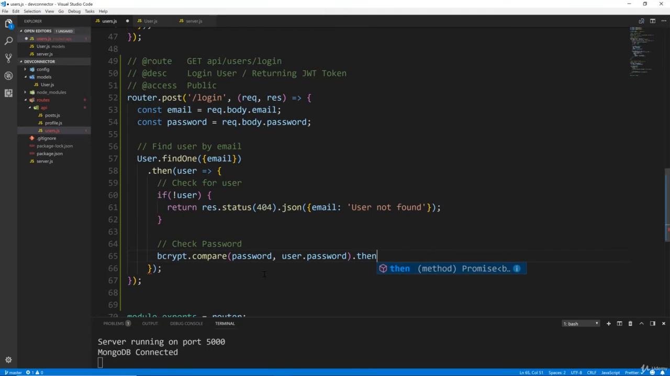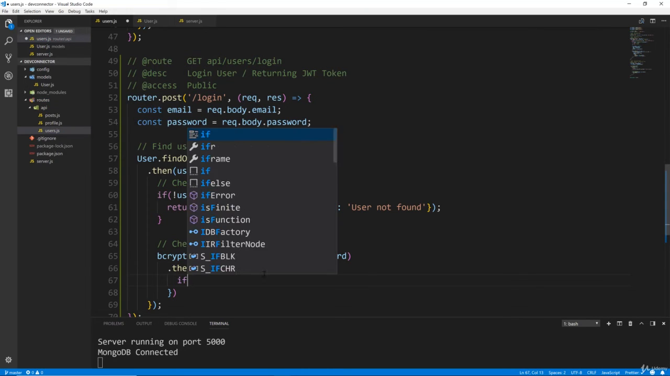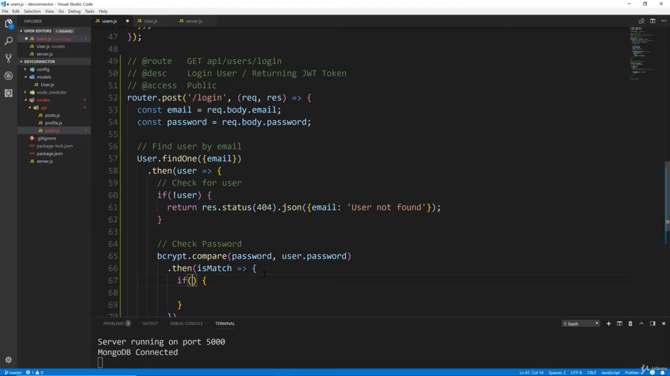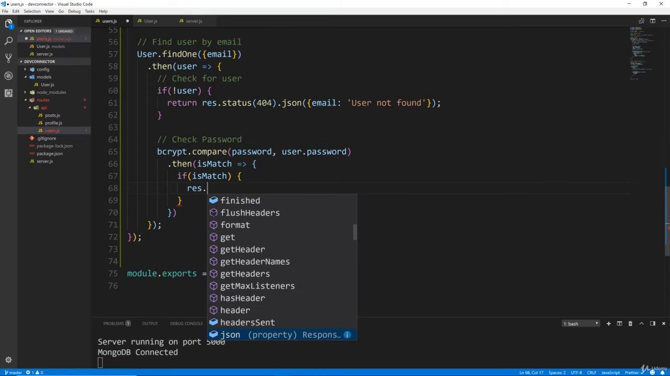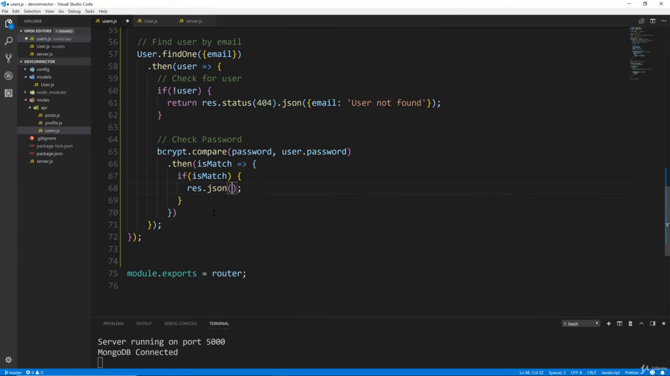Then we're going to do a .then. We'll put this on a new line. So .then, and then what this will give us is a true or false value, which I'll call isMatch. And then what we want to do is check to see if that's true. So we'll just say if isMatch, then that means the user passed. So if the user passed, this is where we want to generate the token. But I'm not going to do that just yet, so I'm just going to temporarily res.json and just say message